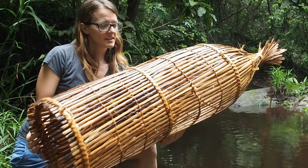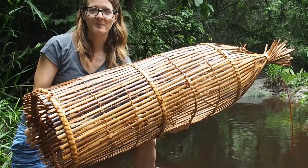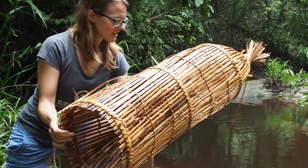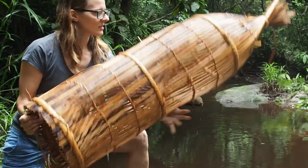Hi guys, my name is Lily and today I want to fish with this traditional African fish trap. Stay tuned. Okay, so I got this fish trap from the local people here and that's what they traditionally use